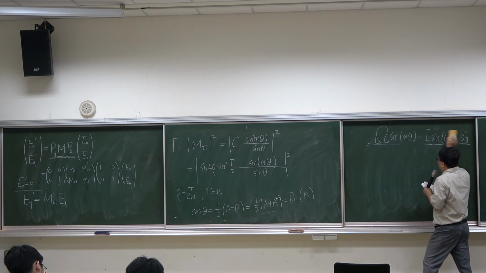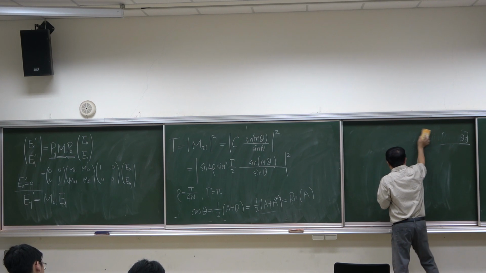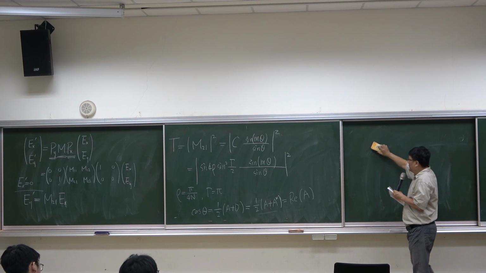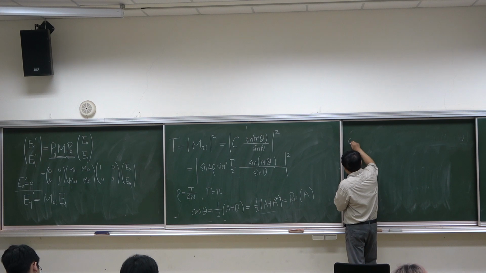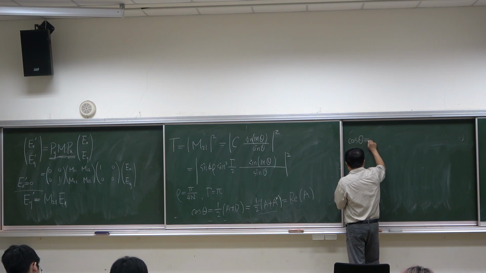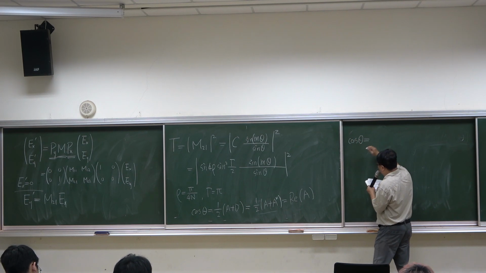Let me try to find the real part of A. We have cosine theta equal to the real part of A